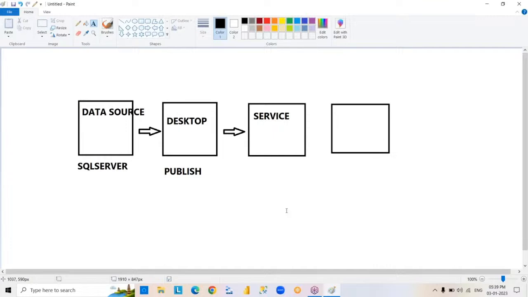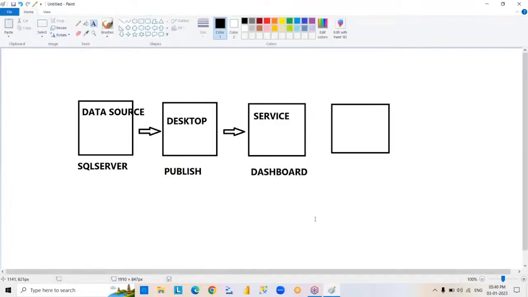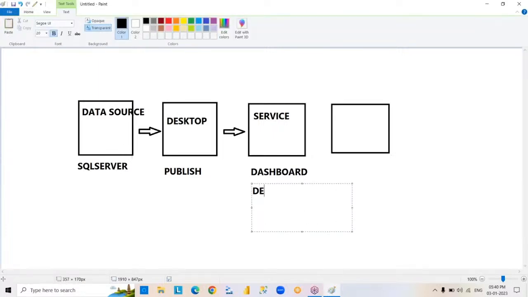In the same way, dashboard creation is also really important. So maximum projects we are going to create dashboards. Dashboards we can do in Power BI service only. Here only sometimes we are going to create